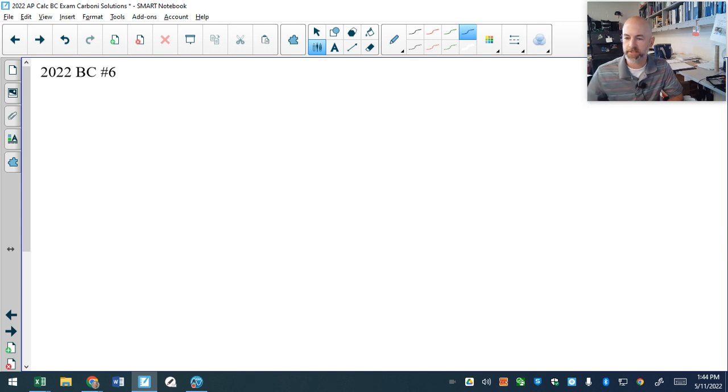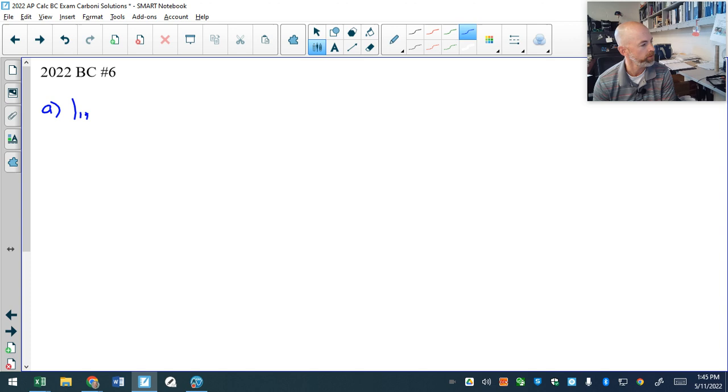So number 6, the function f is defined by that power series. That looks eerily similar to cosine. However, the denominator is not factorialized. All right. So for all real x, use the ratio test to find the interval of convergence, so don't forget to test those endpoints. So fairly straightforward question, not to be confused with easy, because there will be a lot of work here, but